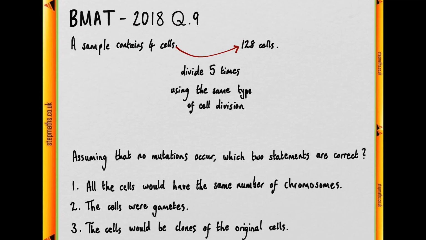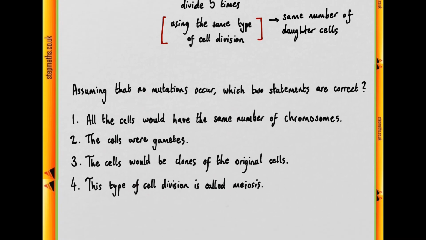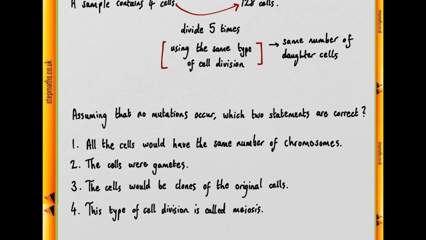Now the key part of this question is the fact that the division used the same type of cell division every time, and therefore would produce the same number of daughter cells at each stage. Now, having a look at our statements for a moment, which is always a good idea if you're stuck for what to do, have a look at them and think about which types of cell division we're being asked to distinguish between. So since we're being asked about the number of chromosomes, whether they were gametes, whether they were clones, etc., and particularly the last one, essentially just asking straight up, we're being asked to determine whether this is meiosis